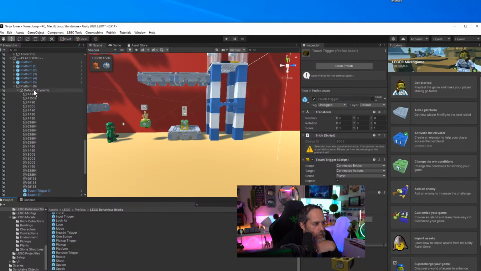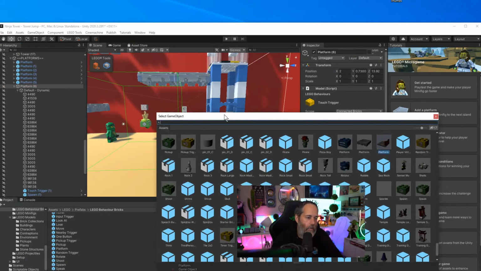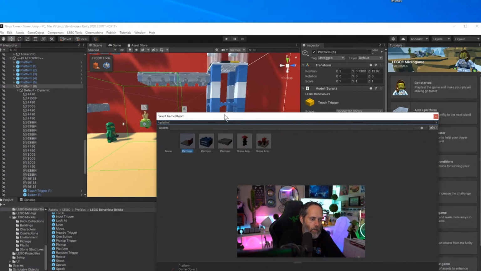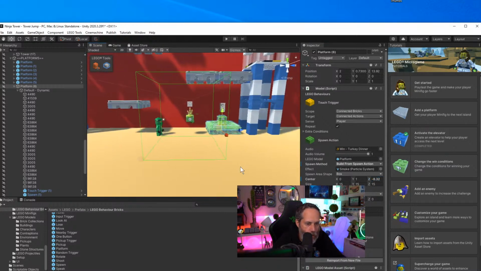Like once I touch that one, let's first change the platform. Let's find the other platform, because the one with the wall on it is looking weird. So I'm gonna find the non-walled platform so that it matches. I'm gonna get rid of that rotation offset, and then for the position offset here, I set this to, let's